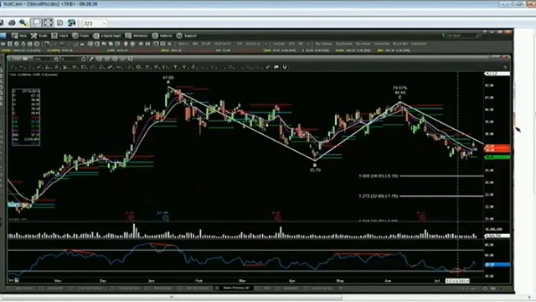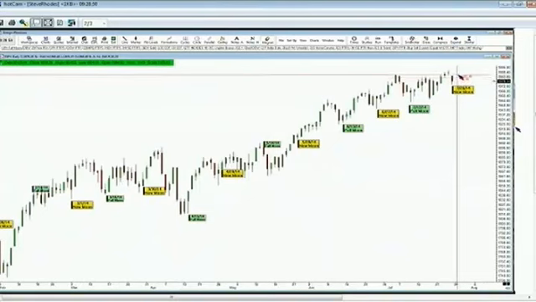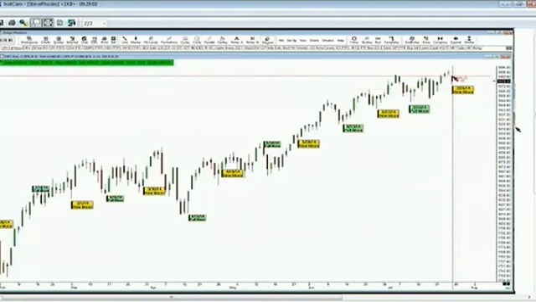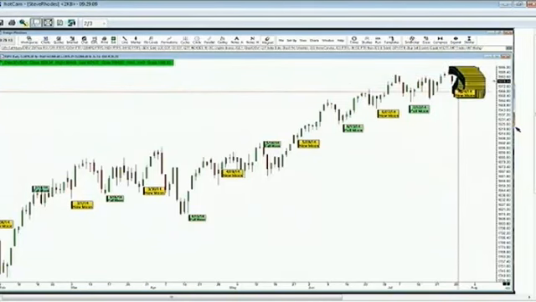Now, we did have a new moon come in over the weekend out here. As we take a look at our lunar chart out here, we'll see all of the most recent full and new moons. Now, the question is, as it came in, I believe it came in on Saturday, July 26th. Yeah, it came in on Saturday. So the question is, was Friday's low a low of this lunar, or was Friday really the high out there? Coming in on a Saturday, you don't know if it was the high of the prior session or the low of that session out here. So we'll just have to wait and see.